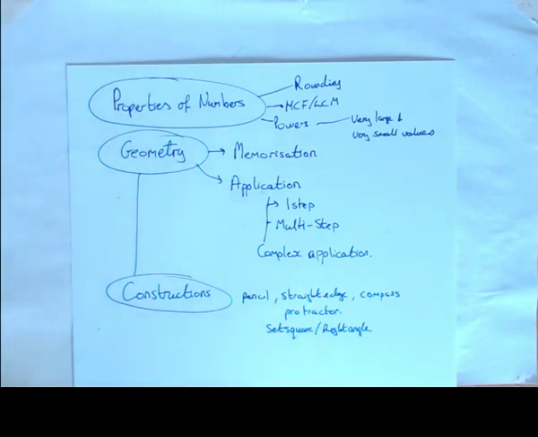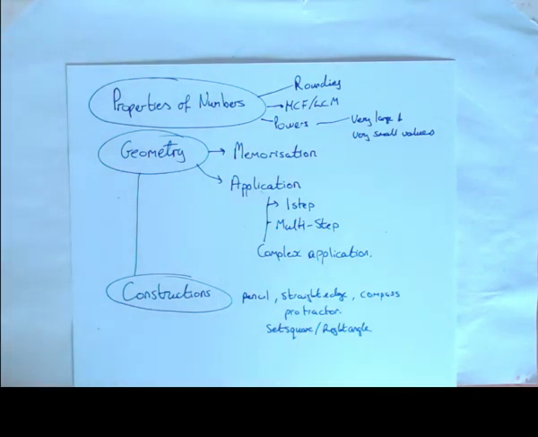As well as that, another area that we're going to be looking at is called geometry. Geometry just means to measure the earth. And measuring the earth, of course, is a very important topic, especially when it comes to land, the importance of land for people and how to measure things like that. But it became a topic in its own right. So again, this is one of the interesting things that you'll find along the path of maths that you can look at. And we're going to look at all the different skills that you can learn